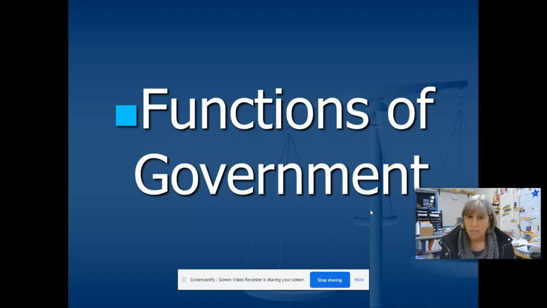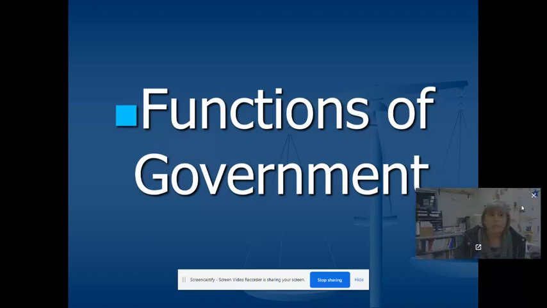And then we have the democratic theories of participatory, pluralist, and elitism to cover. So that will take us probably Friday, Monday, and then we're looking probably at a quiz or test on Tuesday, Wednesday, sometime in there. So I'm trying to make it so that it is accessible to all of us. Okay, so let's go through these functions of government. Hopefully we can get through it all.